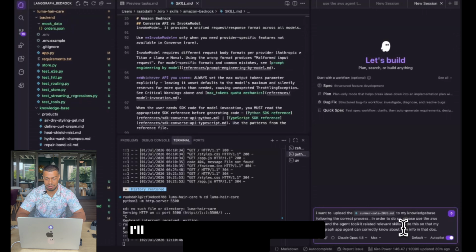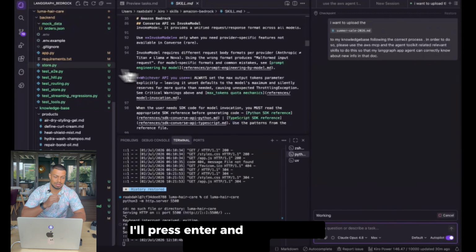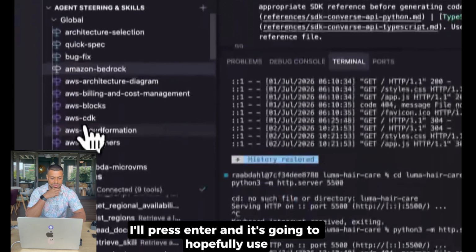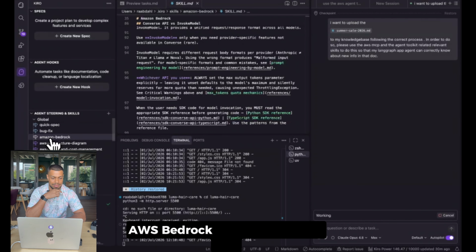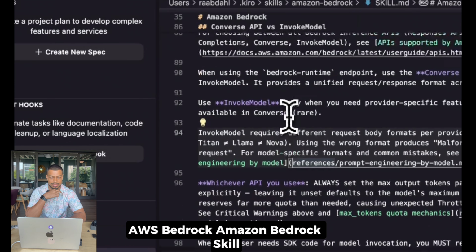Cool. I'll press enter, and it's going to hopefully use this Amazon Bedrock skill, and